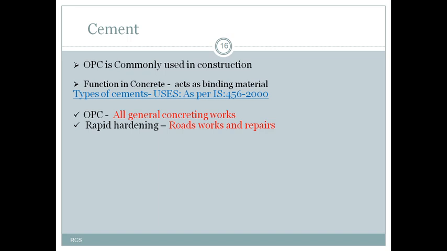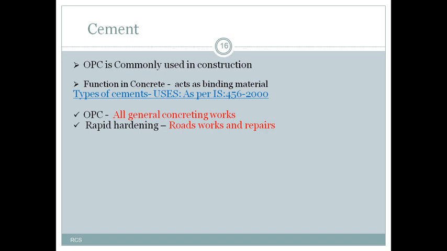As we know the science or history of the cement, how it is manufactured and what ingredients are required to manufacture the cement. It can be obtained by burning calcareous, siliceous and argillaceous material together in a definite proportion at high temperature and grinding the resultant clinker into a fine powder. That itself is cement. Generally, ordinary Portland cement, that is OPC, is commonly used in